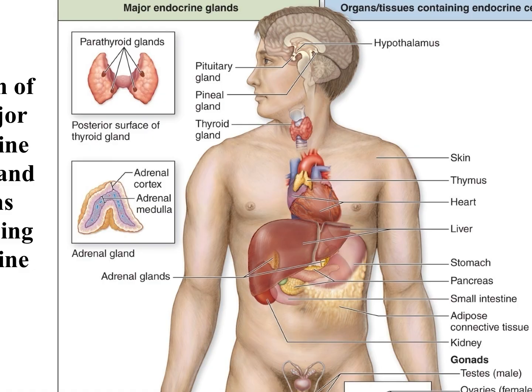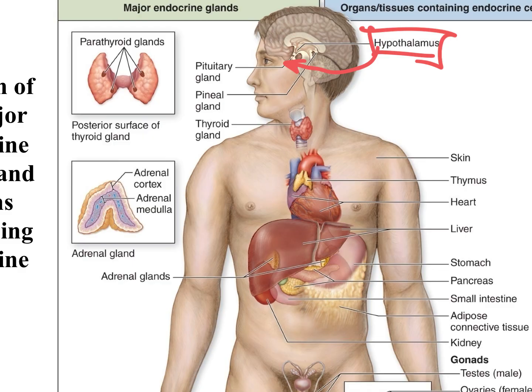Okay, so we have major endocrine glands on the left, and then some organs that contain endocrine cells on the right. All right, so major endocrine glands. The hypothalamus. Hypothalamus is kind of like the master regulator. It is part of the brain. It helps regulate homeostasis by controlling your endocrine system, right? And most of the time, the hypothalamus directly targets the pituitary, okay? So the hypothalamus is kind of a big endocrine organ, but it's actually derived from nervous tissue. That's why it's on that right side. Does that make sense?